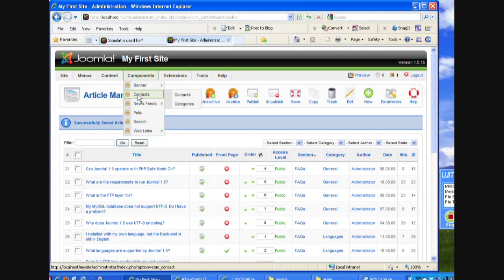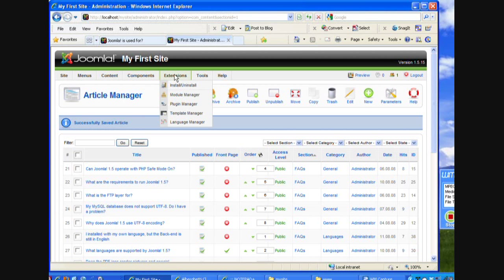Right here I can install new components by downloading and installing them, free ones and then ones that you can pay for. And then over here is extensions. I've got Module Manager and the Plugin Manager. And